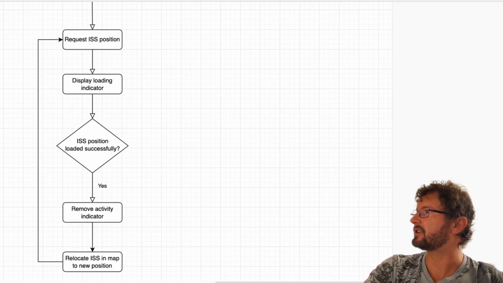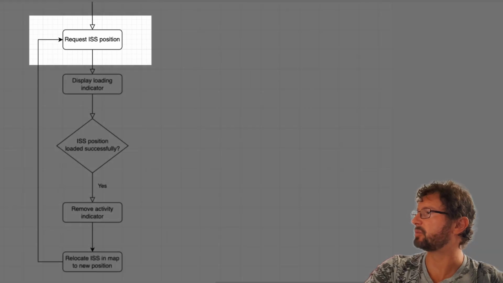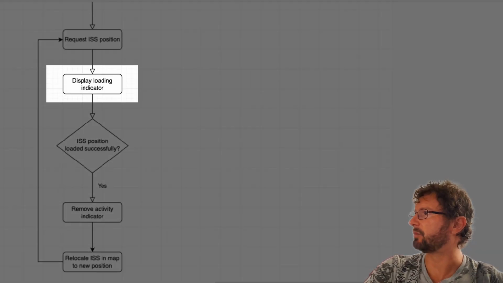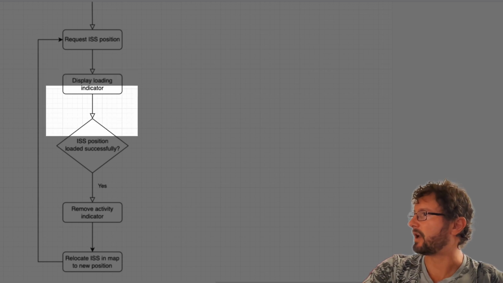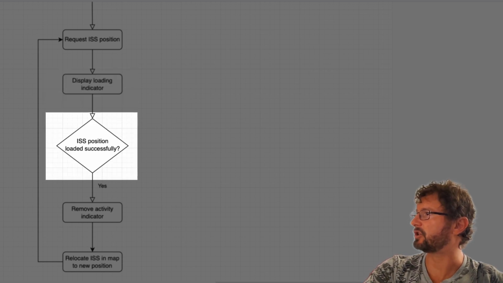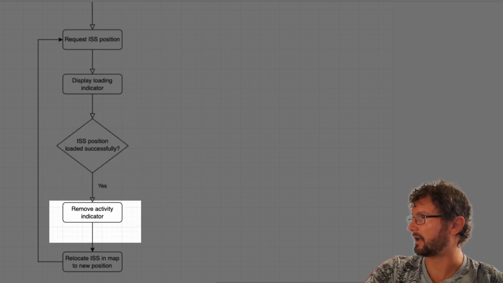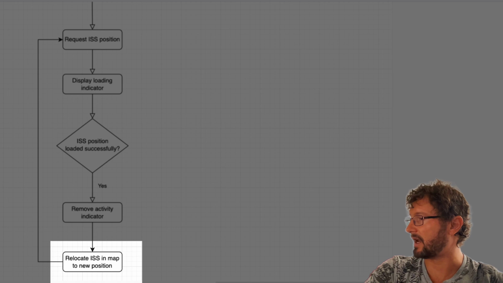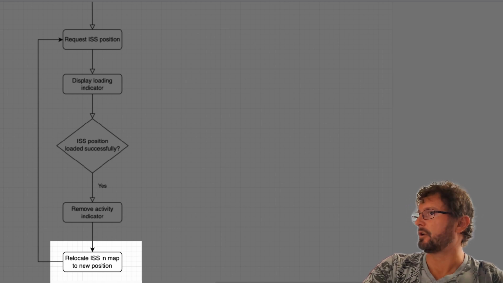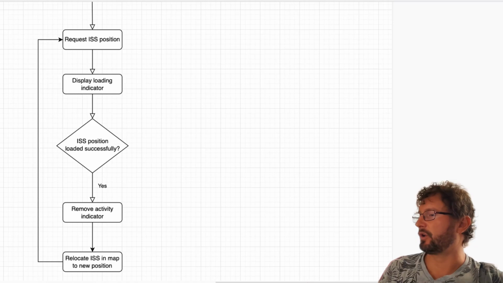So when the app is loaded, we request the ISS position. After that, we display the loading indicator or the activity indicator. Then we ask ourselves if the ISS position was loaded successfully. And if it did, we remove the activity indicator, and finally we relocate the ISS position in the map and we start over again. Then you present this flowchart to the product owner, and the first thing that is going to come up there